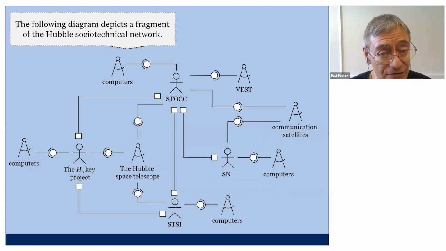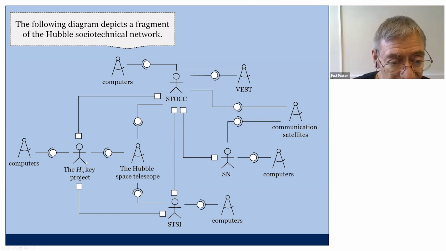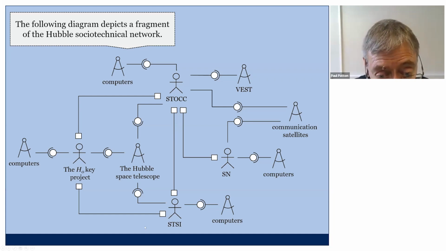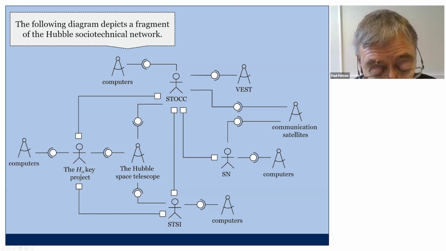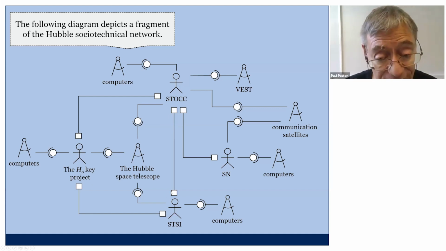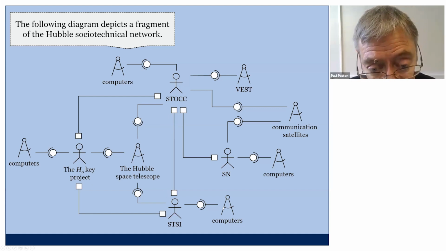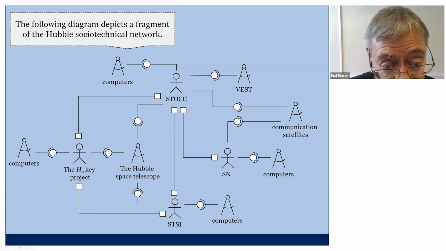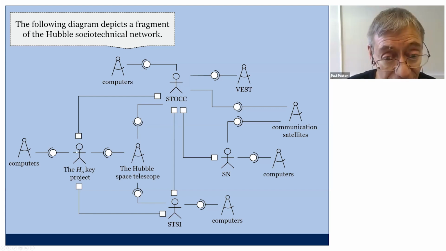Okay. Now, you can do a broader analysis of the network of agents and tools that were involved in the Hubble Space Telescope project. Off to the side here is the H0 Key project, this team of astronomers. They worked through the Space Telescope Science Institute at the University of Pittsburgh. And they used a variety of tools like computers and the Hubble Space Telescope. They also worked with